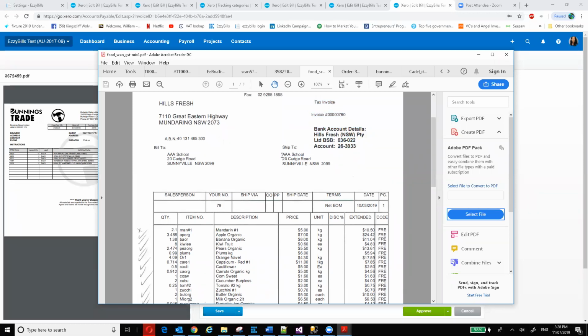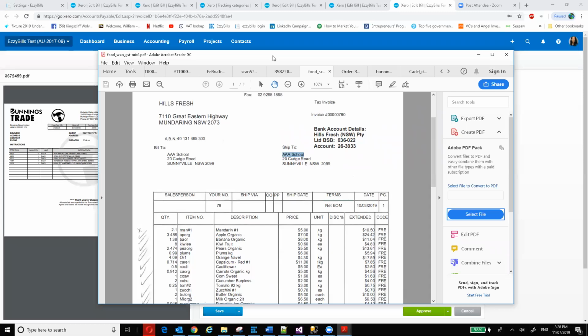So that's what I'm tracking, AAA school. And that's not what we call a tracking option, but it's what we track. So EzzyBills would extract AAA school off the bill, and then EzzyBills would look back into the history to see